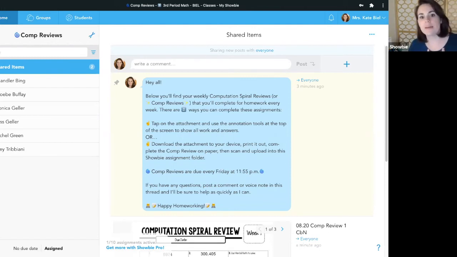For example, in my class, I had many, many students who got extra supplemental aids, or they were required to have multiplication charts. If I wanted to add those, I could to just those specific kids. So I'm going to go ahead and go up again to the shared items folder and click on the plus